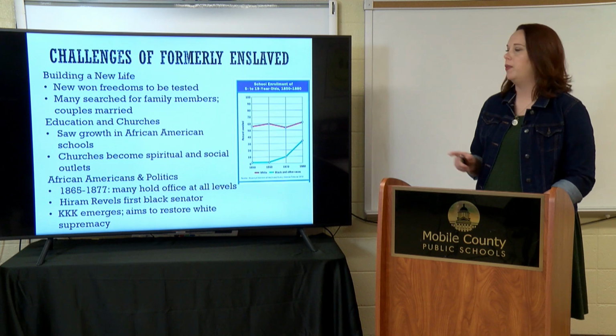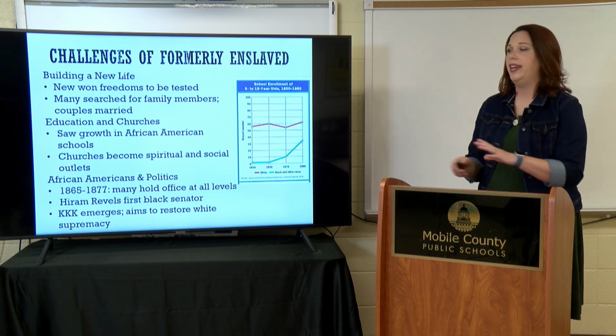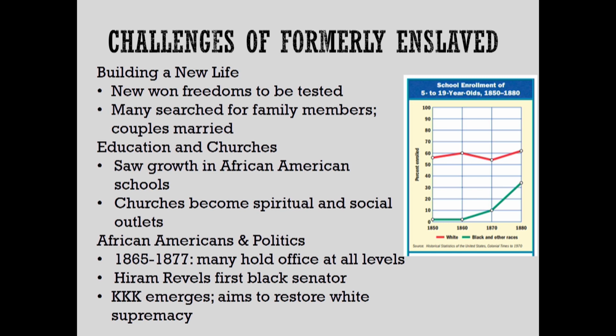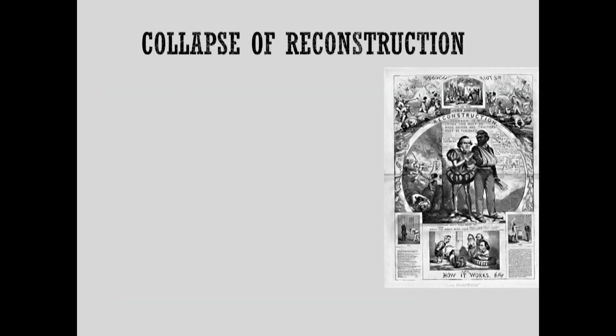Now, one of the things before we move forward, guys, I want to talk about this chart here and talk about school enrollment. If we look at this enrollment, you'll see how exponentially the African American population is going to grow within school populations. You can see in the 1850s there's nearly 0% of African Americans that are actually enrolled in school. But by the time we get to the 1880s, we're almost over 30% of African Americans enrolled in school. It doesn't seem like a very staggering number at this point in time, but it does show that growth and that change that's going to happen as a result of these newly won freedoms.